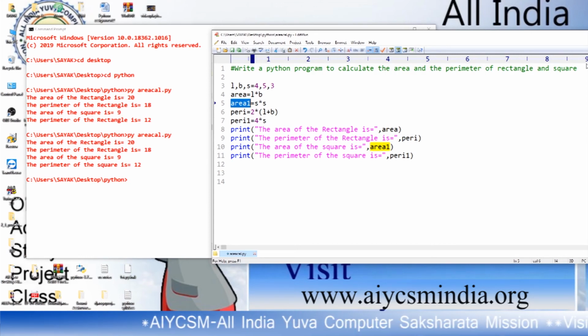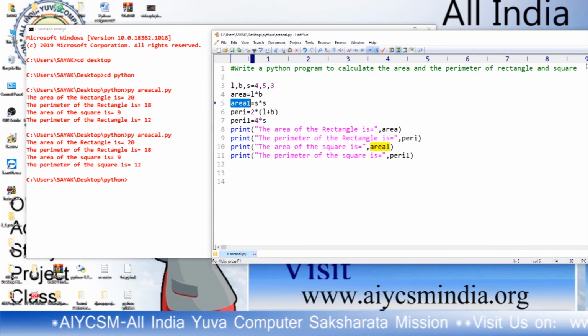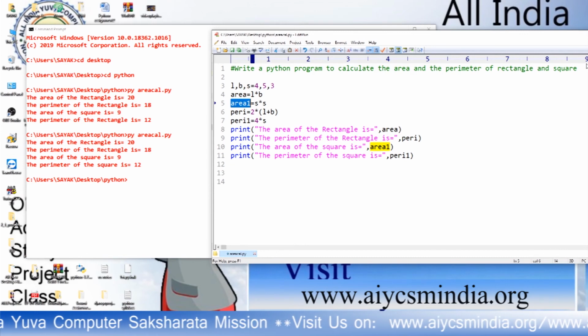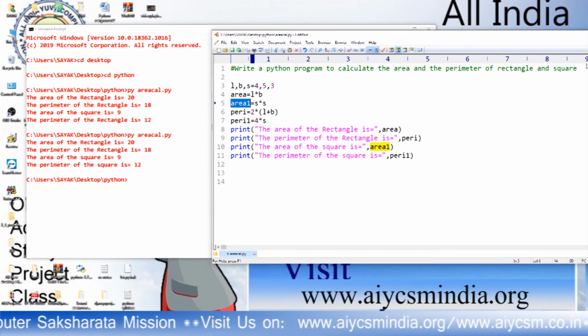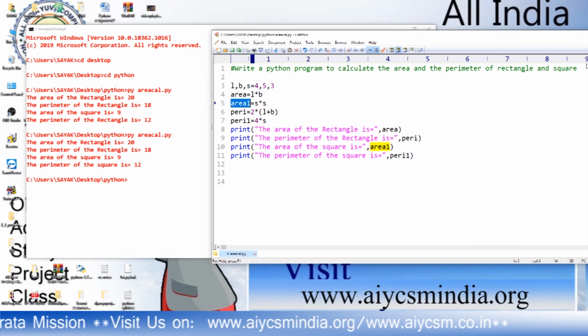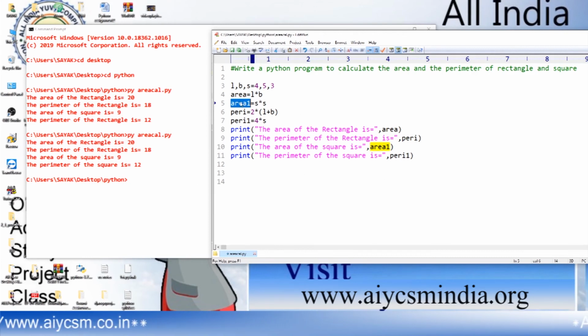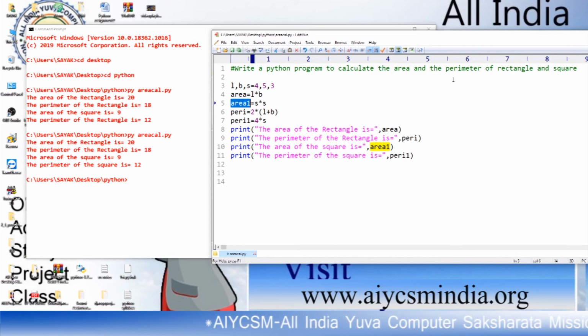We will discuss this in detail: what are the different types of containers that we have? Container means the data types that we have in Python. Though Python is a dynamically typed language, so we don't need to declare the data type first, still there are data types. These are integer type data types in this program. So these are the different types of containers. After storing these values, we have to print them in sequence: first the area, then the perimeter, then area1, then perimeter1, according to their results. This is what we can do with the help of Python.